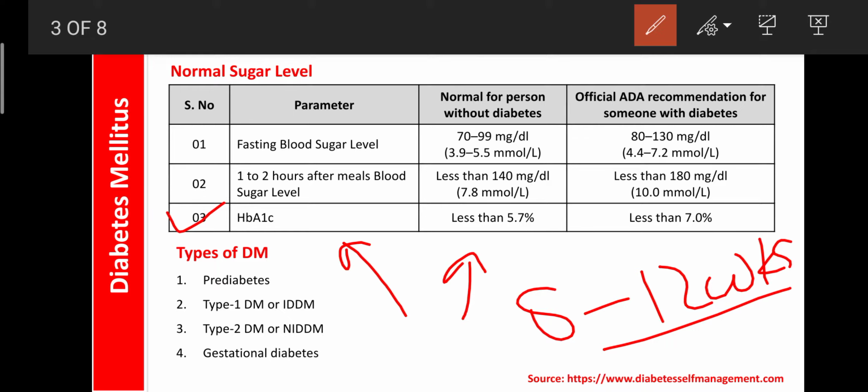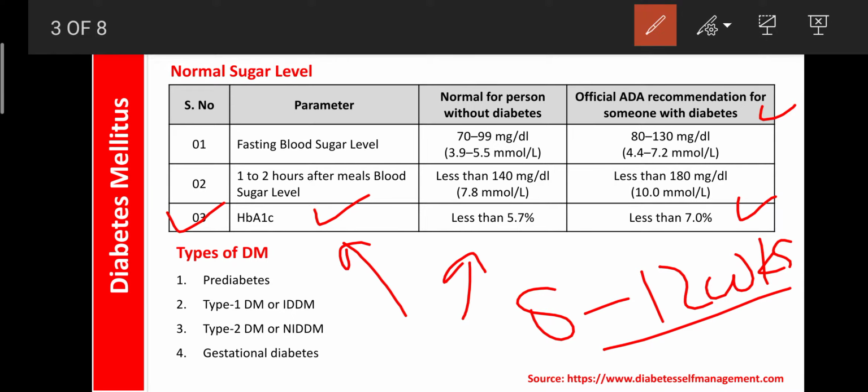If it is less than 5.7%, you are still free from diabetes mellitus, then you can do exercise and eat healthy food, and stay free from diabetes mellitus for your whole life. If any of your parents, grandfathers, neighbors, friends or relatives are diabetes mellitus patients, then once again you should monitor this value every 3 months. In a diabetic patient, HbA1c should be less than 7.